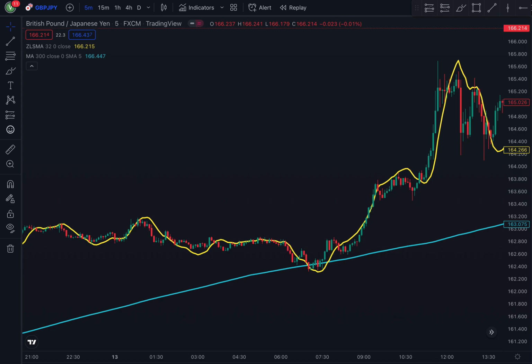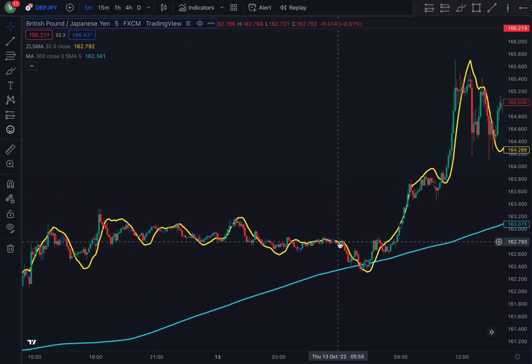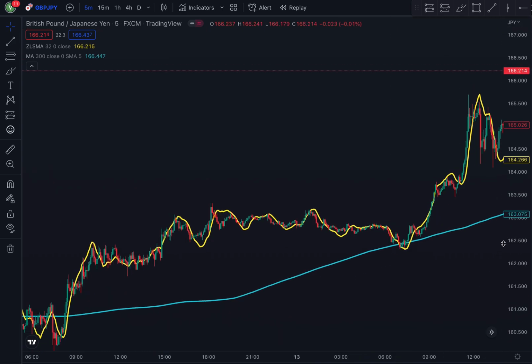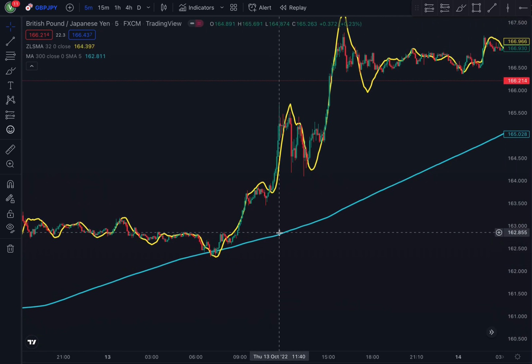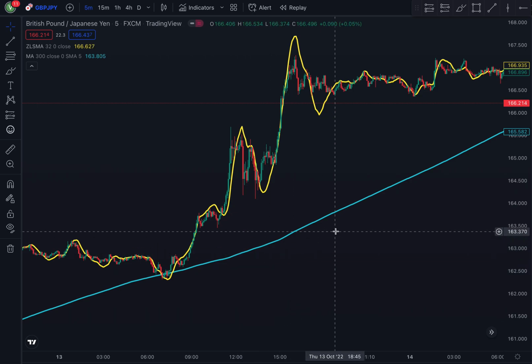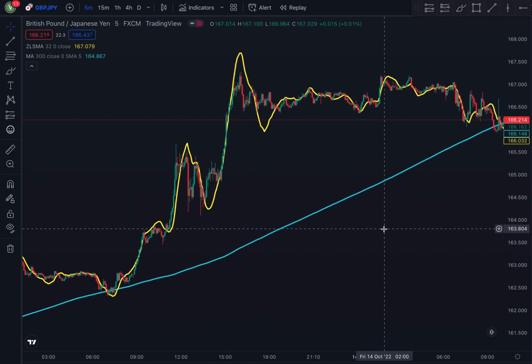Right now, as you can see, I've got two indicators on the screen. I've got the moving average 300 MA, and I've got the zero lag indicator. So this is quite simple. It works on trending markets, and it works pretty much on all time frames, but the condition has to be a trending market. And fortunately, we have our moving average to help us determine the trend. As you can see right now, we have an uptrend,